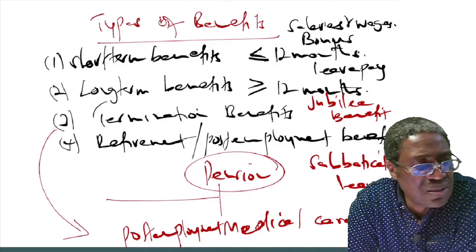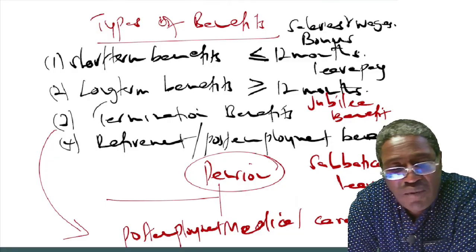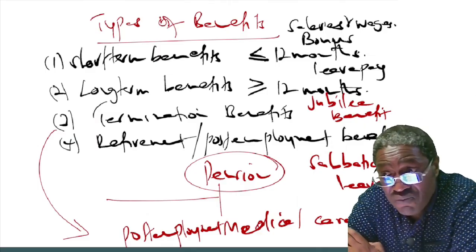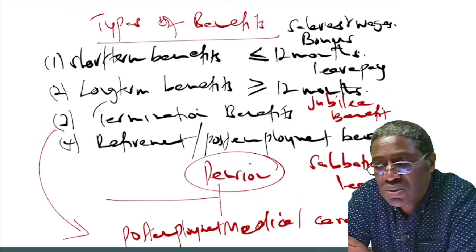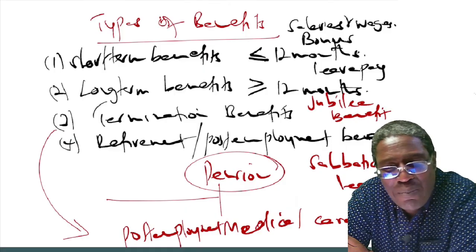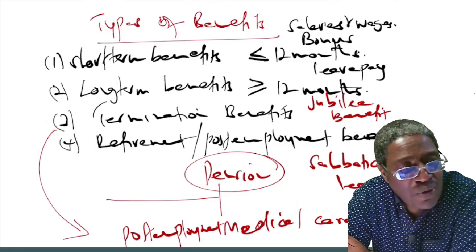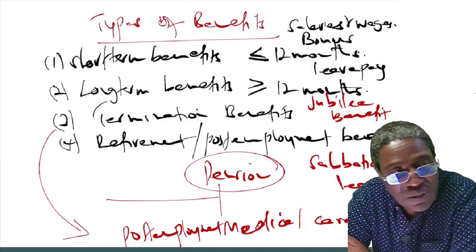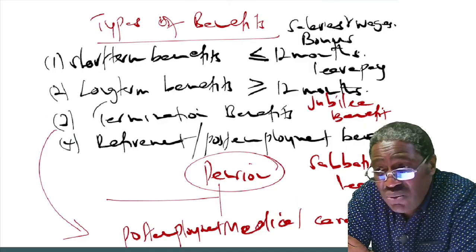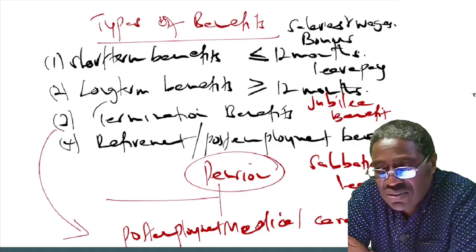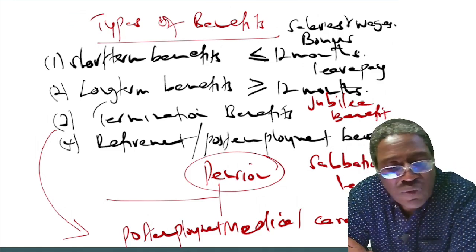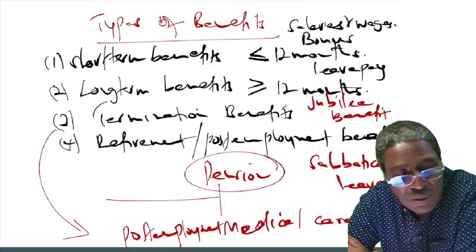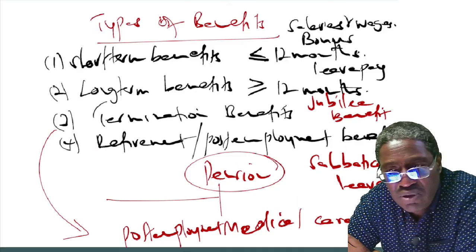These are benefits payable either as a result of the employer's decision to terminate the employee's contract before the normal retirement date,